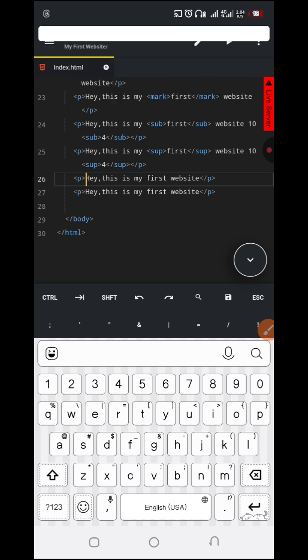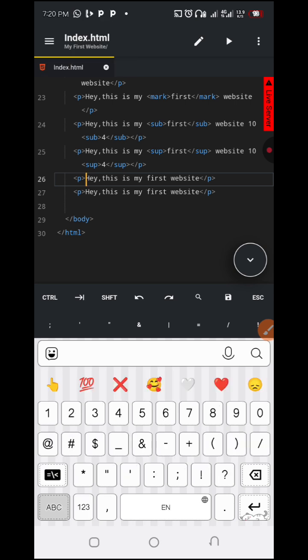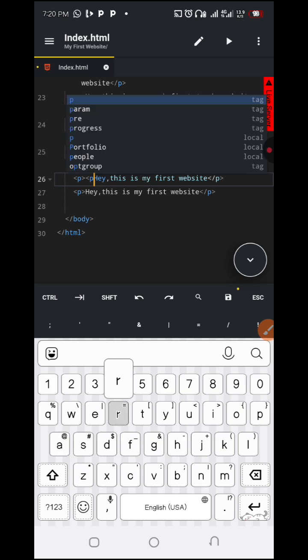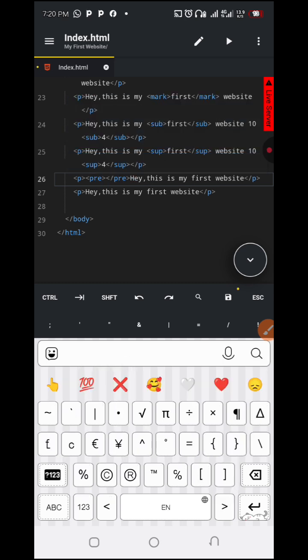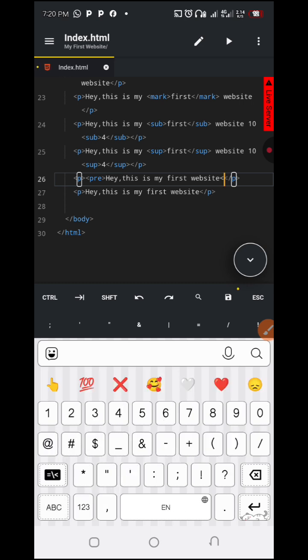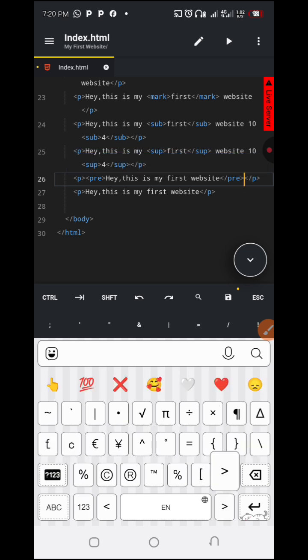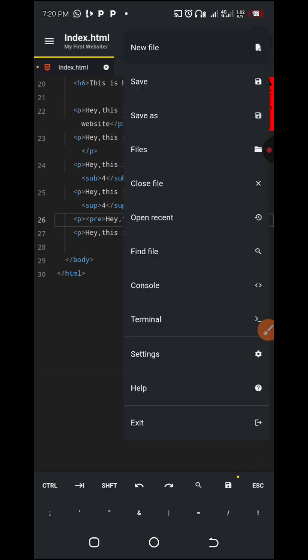So you always put that before the entire text, the pre. So I will just go to pre. You can see I'm putting it immediately, and I close it here with pre. All right, and if I save,